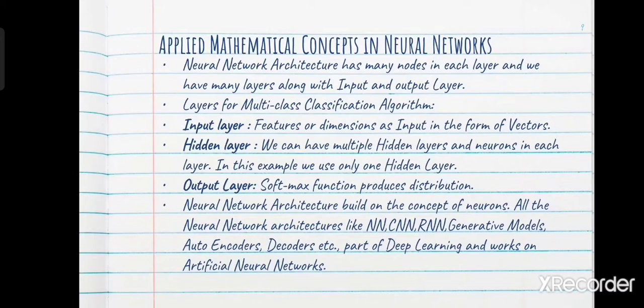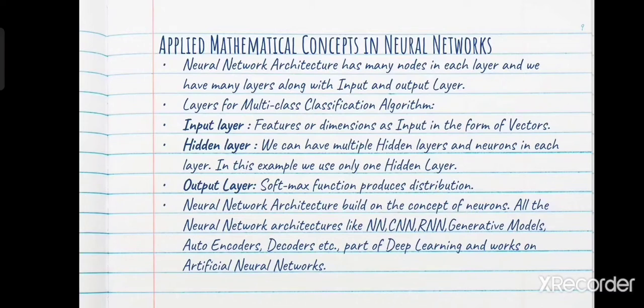That is the input layer. These are the dendrites, the inputs which we give in vector form to a neuron. The next will be the hidden layer, that is the nucleus part where the summation and addition of all the inputs is performed, and a final value will be decided. The next layer will be the output layer. In this layer, the decided output will be displayed outside. So the softmax function produces a distribution.